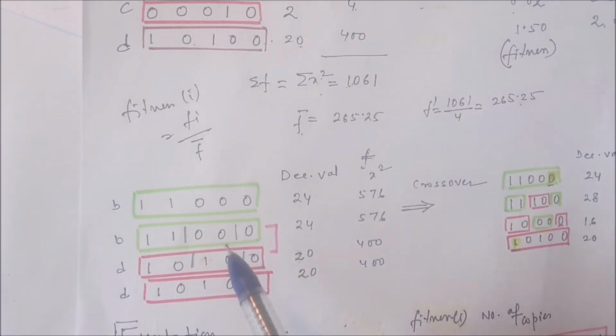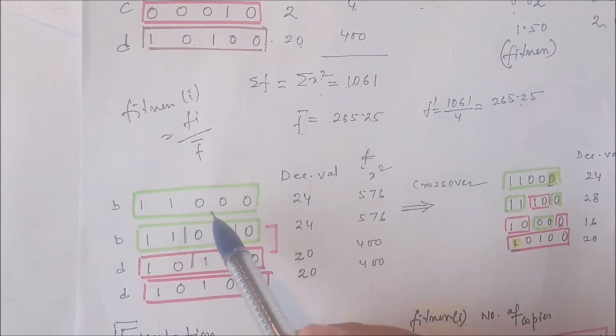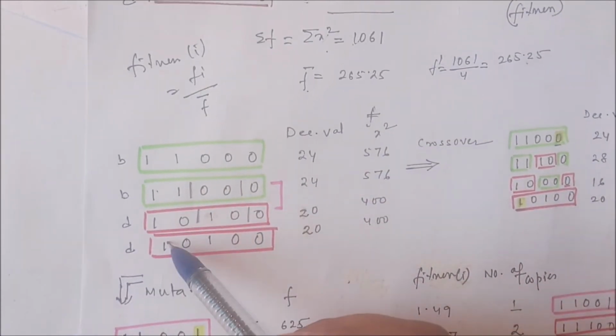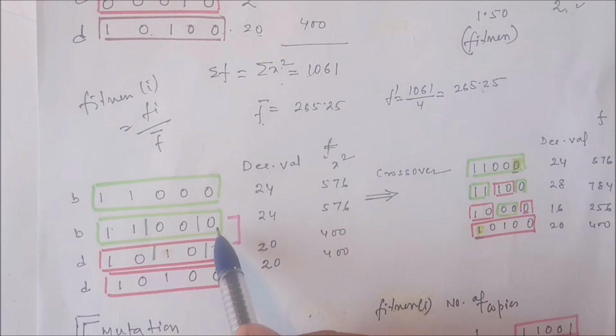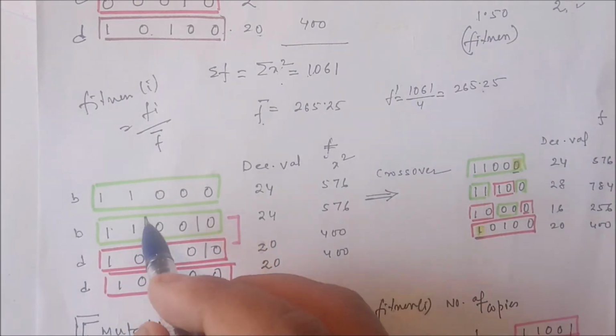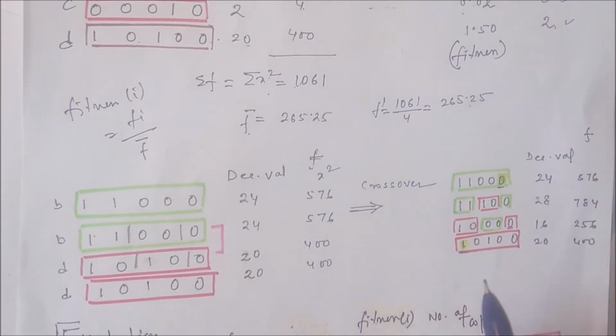Okay, now we have 2 copies of B as well as 2 copies of D. After that we have to apply the crossover. Now for crossover, randomly we have selected these 2. Now this is the crossover site. So what we have done,